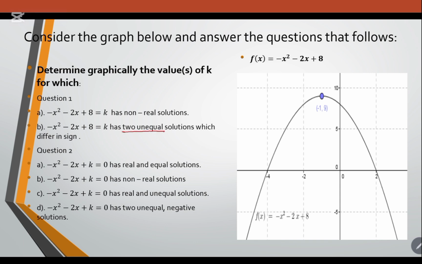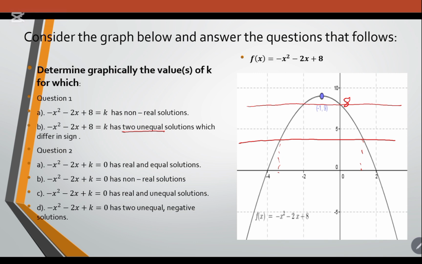In question 1b, we were looking at two unequal solutions. We said the boundary is at the y-intercept of this graph, which is 8. If our constant line is below 8, the roots of this equation will have two unequal solutions,